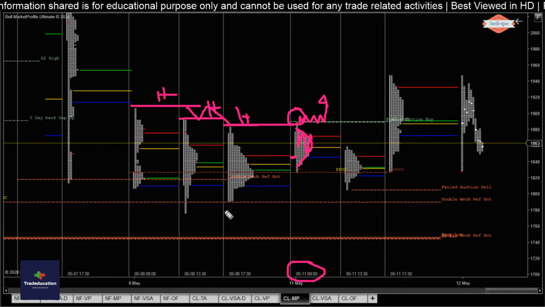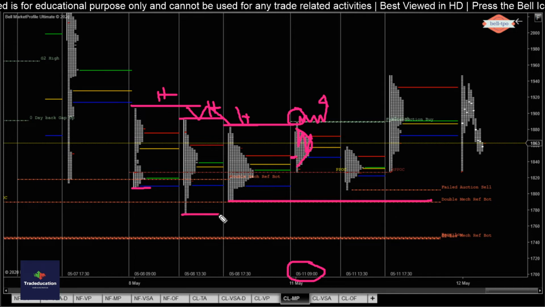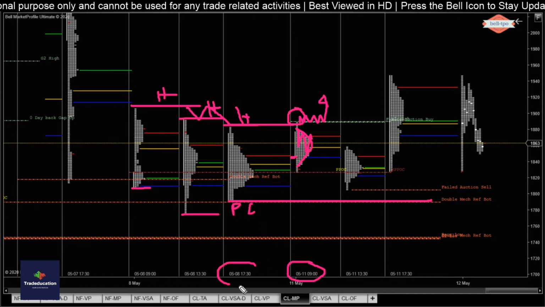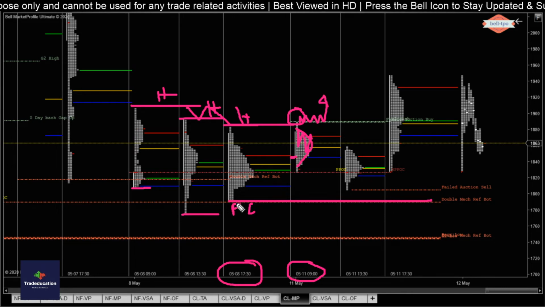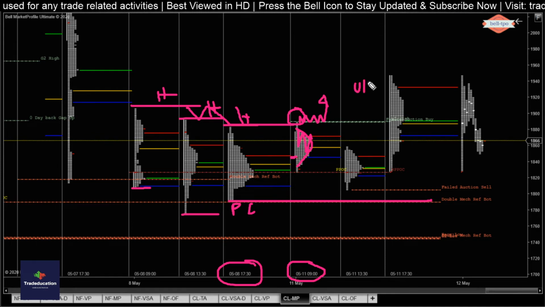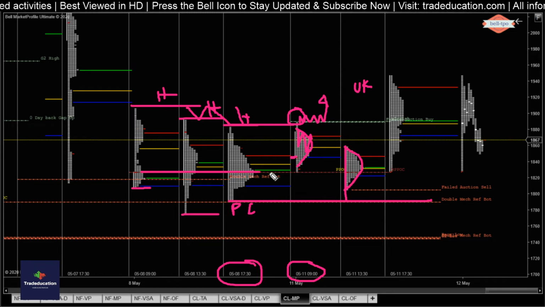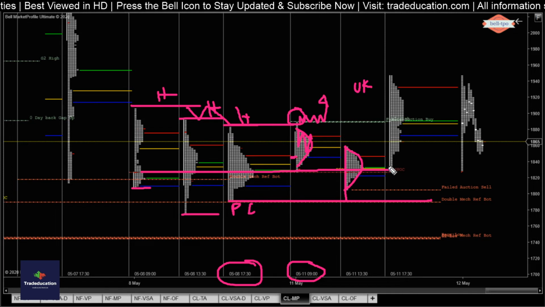When this happened, I was looking at this particular reference, because we also have a sort of a poor low from the US session of the 8th of May. Once this poor low was there, I was seeing whether it gets tagged or not. In the UK session, again a sort of a balance was formed. Second thing is, there was this prominent point of control, and I was looking at the volume point of